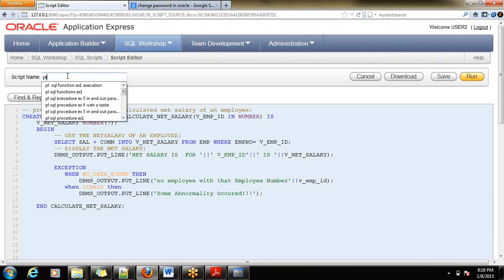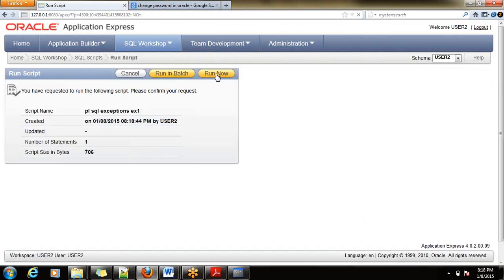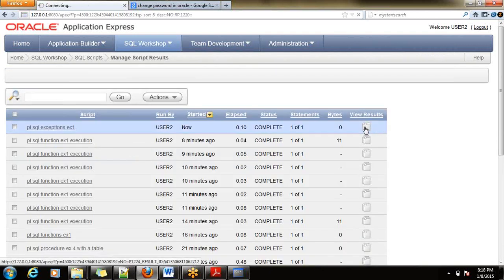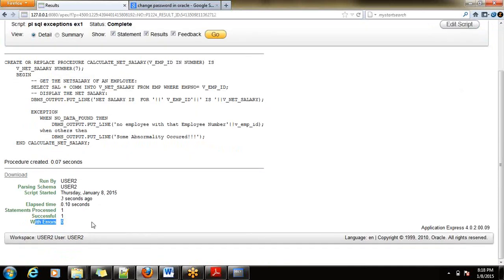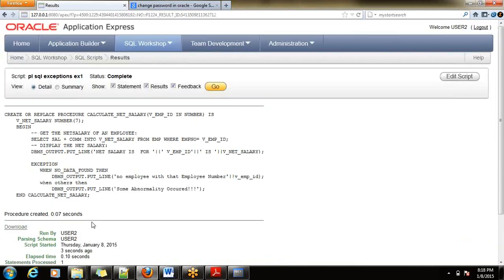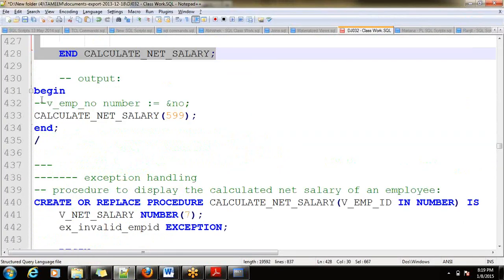Now, PLSQL exceptions, Example 1. Run. Run now. View results. Yes, procedure created with error 0. Now let us execute this. Yes, look here, I am going to execute this.